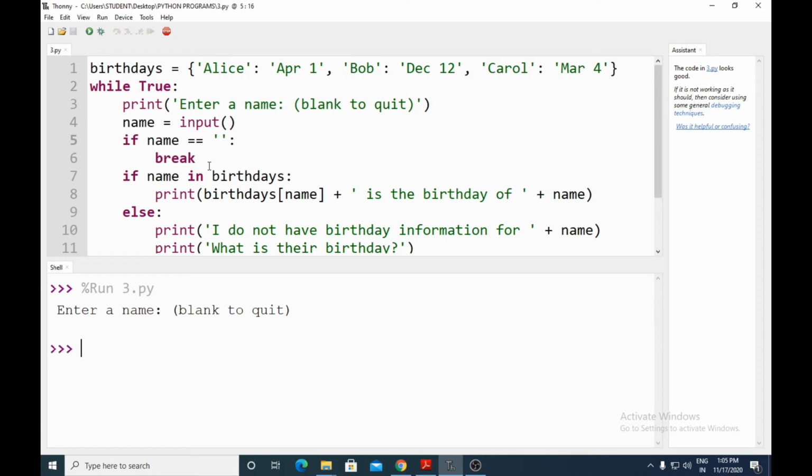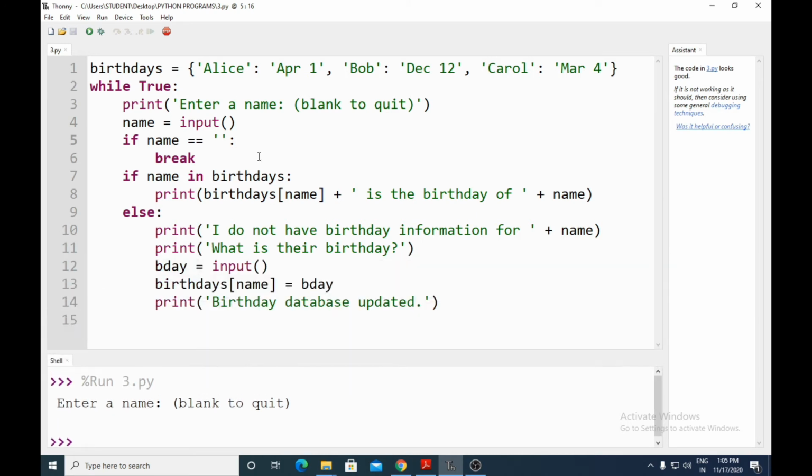Next, if I enter a name which is already in the dictionary, for example, I want to know whether Alice's birthday is stored in the dictionary or not. If I enter Alice, that will be taken by the input method, and in turn it will be given to name. So what is sitting in the name variable? Alice is sitting.